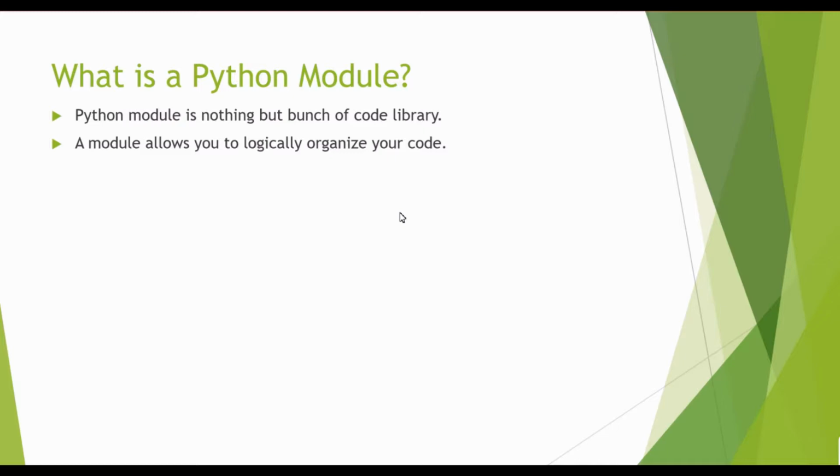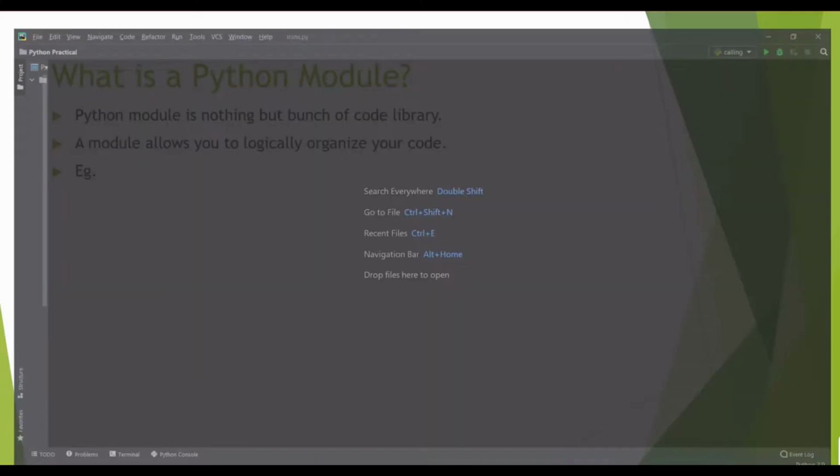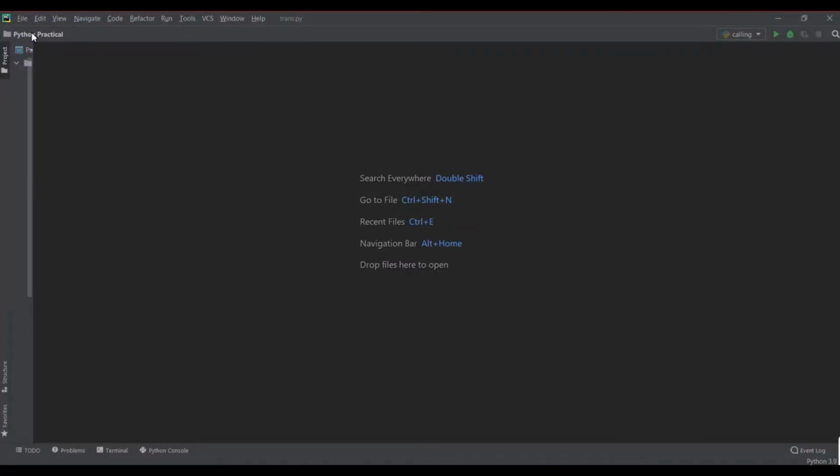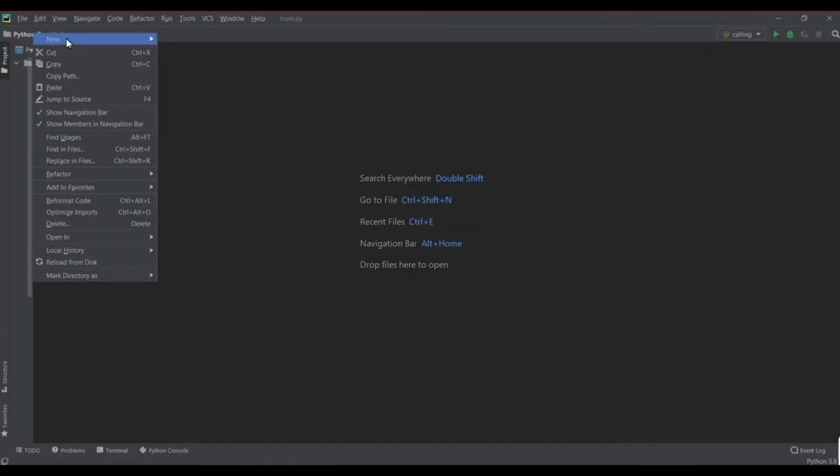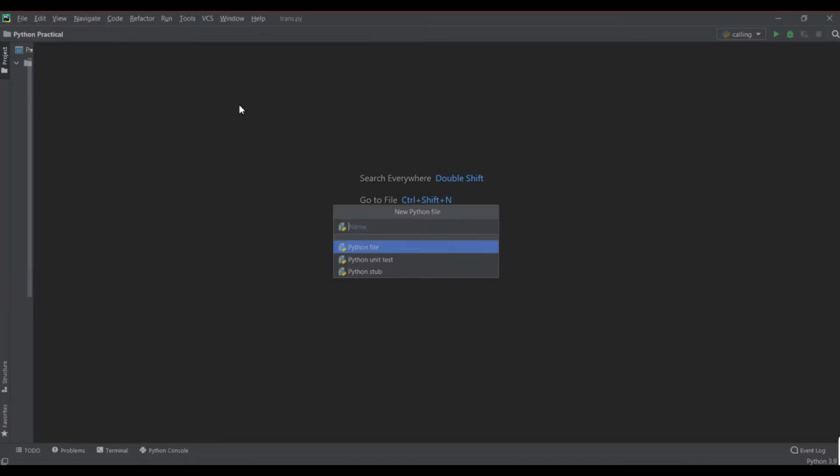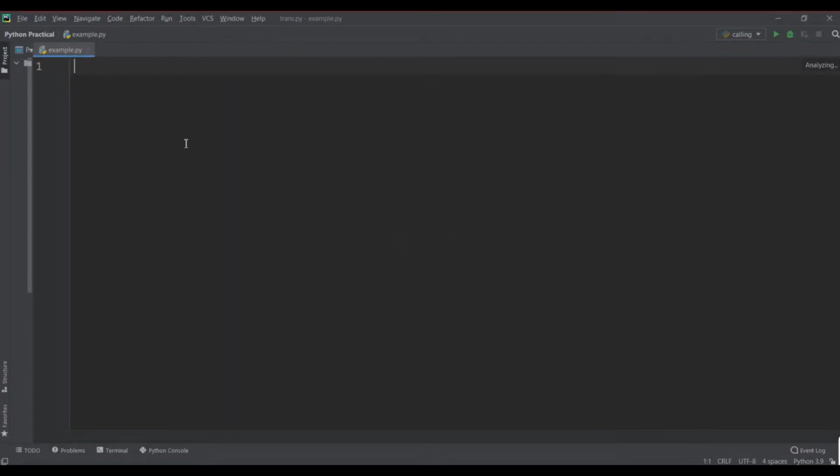Let's take one example. So first we are going to open our IDE environment. I'm going to open my PyCharm and create our Python file. Let's take one name, example.py, and we are going to create it using a function. So def,